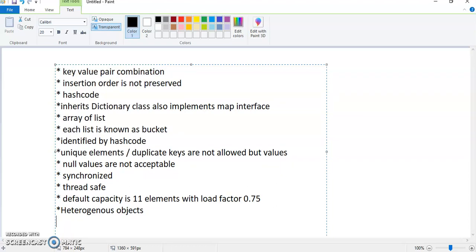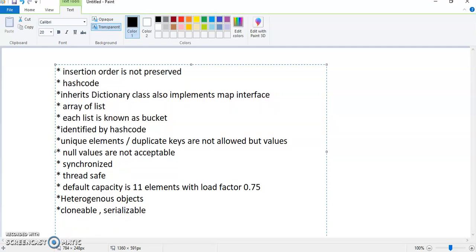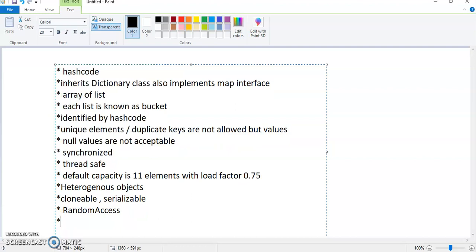It also implements the Cloneable and Serializable interfaces, but it doesn't support the RandomAccess interface. Generally this Hashtable is used whenever your regular operations are searching. In this searching, it will be helpful to search an element from your Hashtable. So these are all the features of Hashtable.